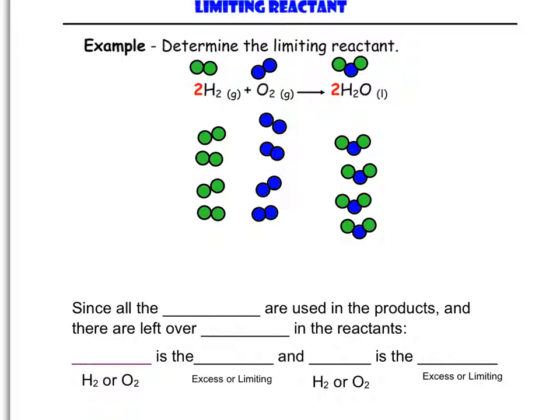This slide just helps to give a good visual representation of how limiting reactants work. So if we pretend that each one of these green dots is a hydrogen atom and each blue dot is an oxygen atom, and here we're mixing hydrogen gas, which is H2, with oxygen gas, which is O2, and I'm going to produce water. Well, in this case, we see on the left side I have 8 total hydrogens and 8 total oxygens. This is the same as me having